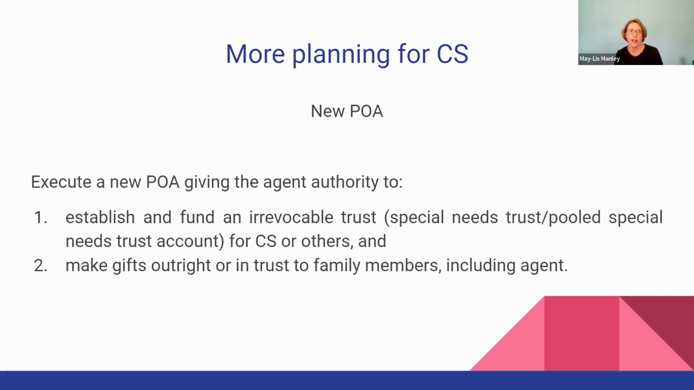Another step the community spouse should take is to execute a new power of attorney. And we always recommend that the power of attorney give the agent authority to establish and fund an irrevocable trust. So this would include a special needs trust, a pooled special needs trust account, for the community spouse themselves, or for others, and include the authority for your agent to make gifts outright or in trust to family members, including the agent. This again is for future planning in case the community spouse needs Medicaid in the future,